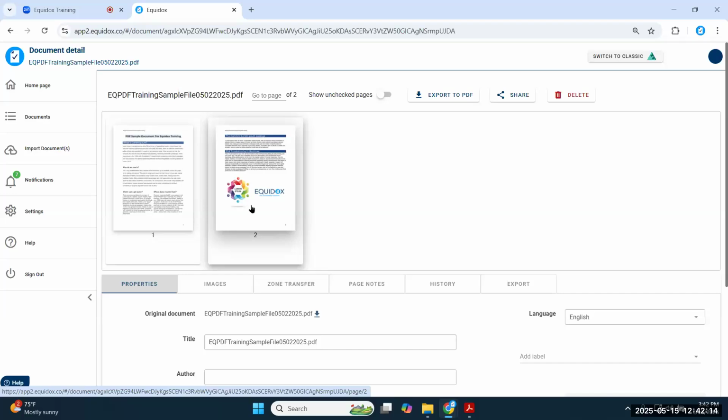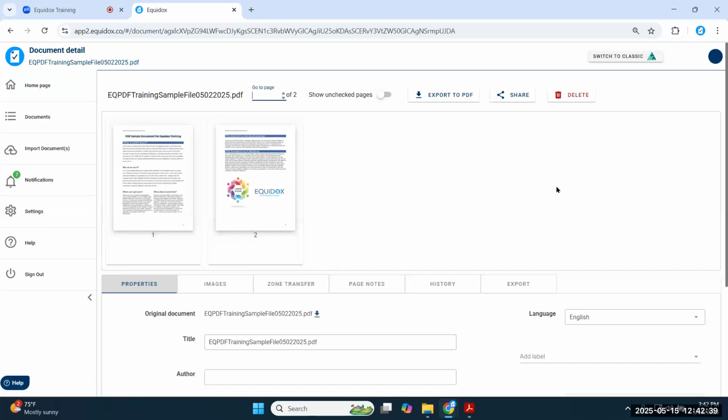This is a 2-page document, so I can see thumbnails for the 2 pages here, and you can click, of course, on either thumbnail and go directly to that page. You have a search feature, which is not particularly useful for this document because it's only 2 pages, but if you have a 200-page document, maybe you want to go to page 189 for some reason, and you can just type that in and it will take you directly to that page.